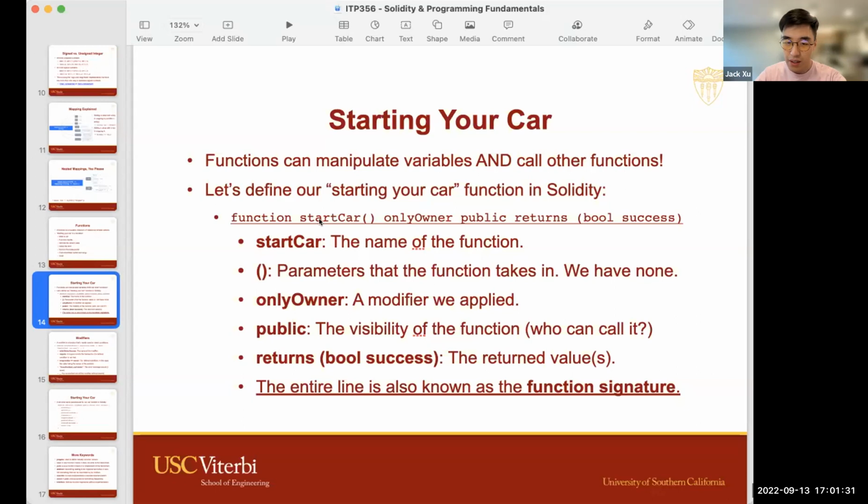So this entire line is also known as the function signature. Now that is actually a lie. I have to change that. The function signature, I believe, is only up to here. Only this part, including the parameters, is the function signature. I believe the function name plus the parameters it takes in is the function signature.